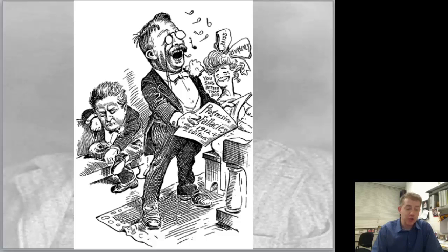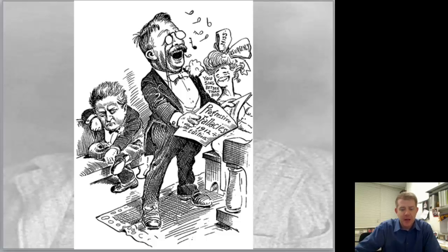Something that I should mention, and you can include in your notes here, is that it's a pretty significant moment that Woodrow Wilson is elected president, because he is a Southern Democrat, and he is the first Southern Democrat to be elected president since the Civil War. There had actually only been one Democratic president before Wilson since the Civil War, and that was Grover Cleveland, and he served two non-consecutive terms in the 1880s, and he's from Ohio, so he's not a true blue Southern Democrat.